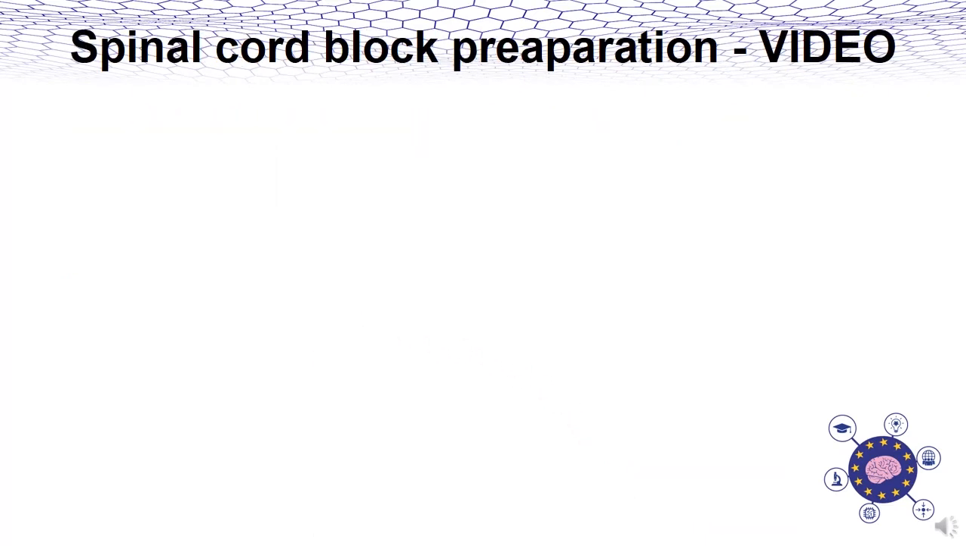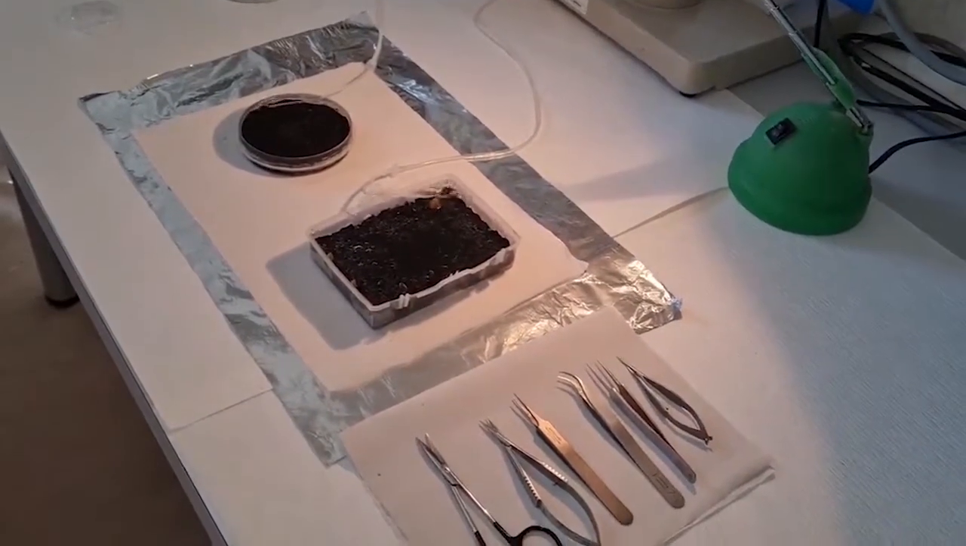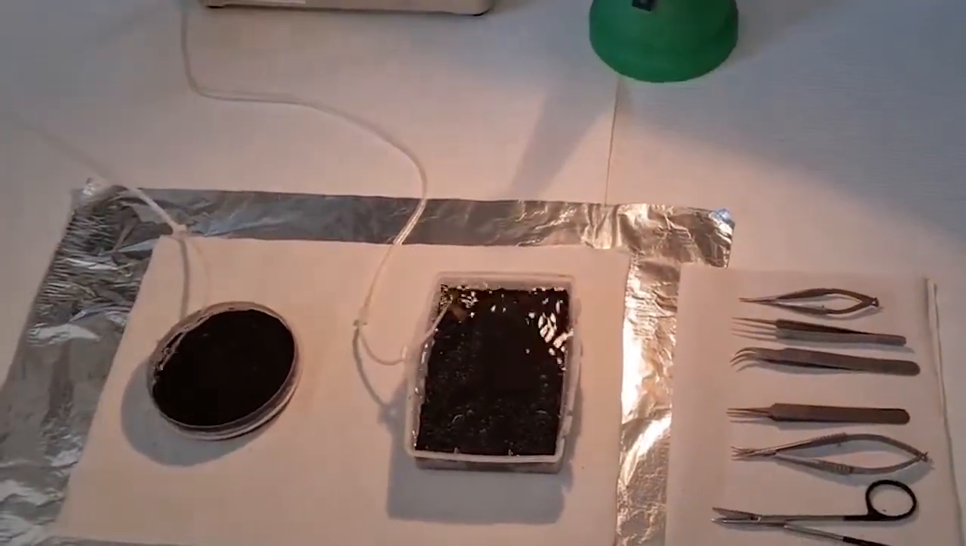The fact that the spinal cord was not sliced or cut simplified the preparation procedure, the steps of which will be shown now in a short video. To prepare the spinal cord block preparation, you will need the following items: